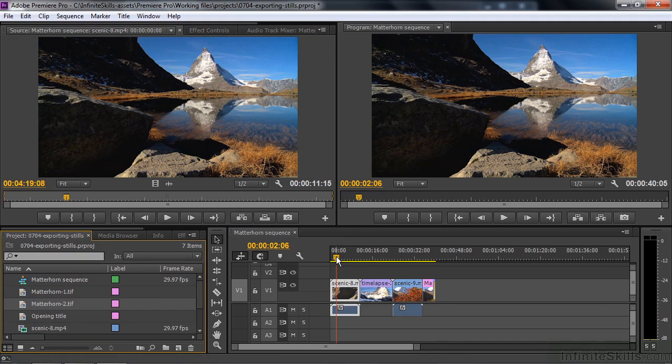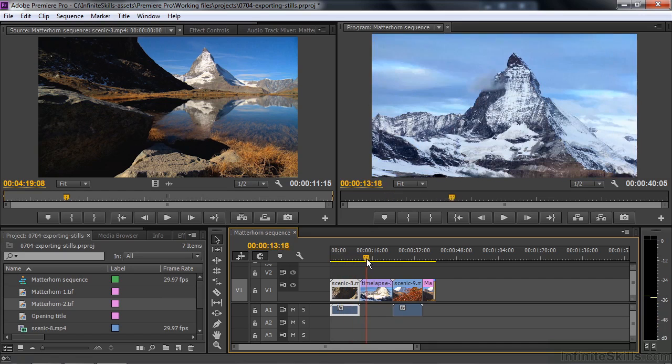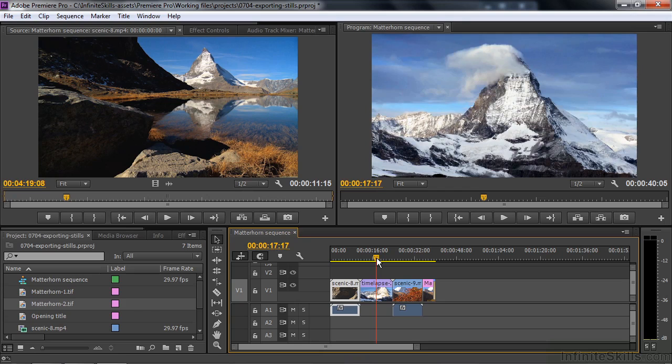Let's get one more image here using a third method that's kind of cumbersome, but I want you to see how it works. Got this little spot here where things get kind of bright there. I like that little spot there. I'm going to export this frame using the Export Menu command. I talk about exporting at the end of my course, but here I want to show you how to export a still image and also show you that you can import it back into the project even with this process as well. So I'm going to go up to File,